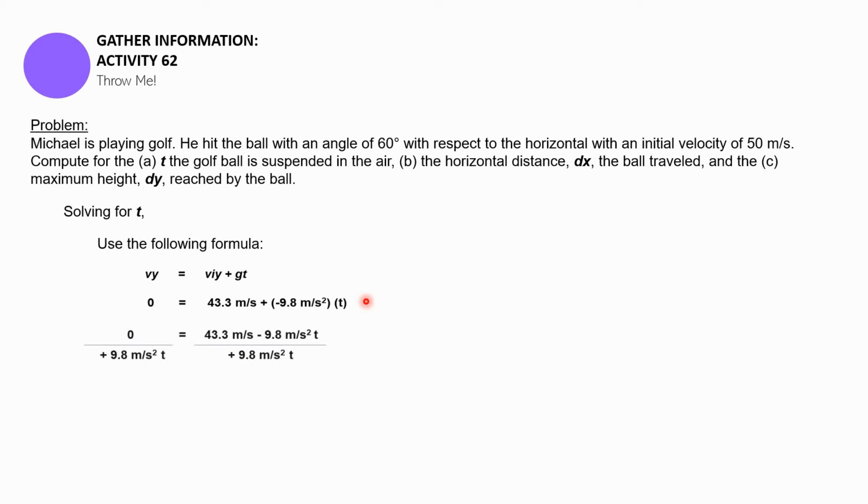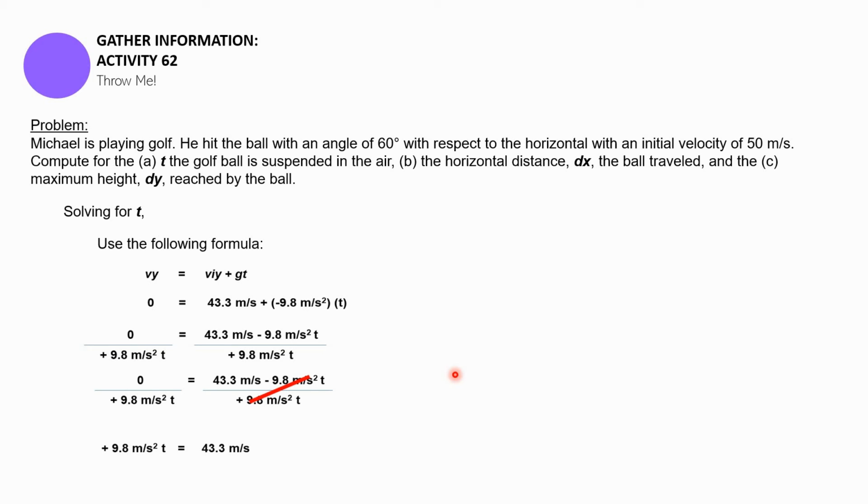Alright, so what we need to do is we have to carry out the operations first. We can just get these transposed to the other side by applying the laws of equality. Na yun nga, we will be adding it to both sides of the equation. This is not actually division, this is addition. Okay, so once nakuha na natin yan, we can see that it got transferred to the other side with a new sign because we're just adding it in both sides. Okay, so we have here 9.8 meters per second squared. T is equal to 43.3